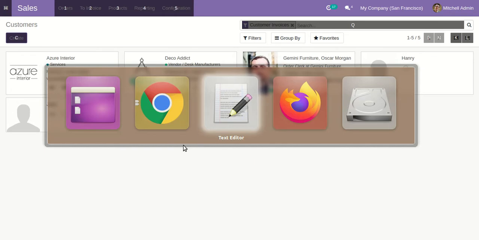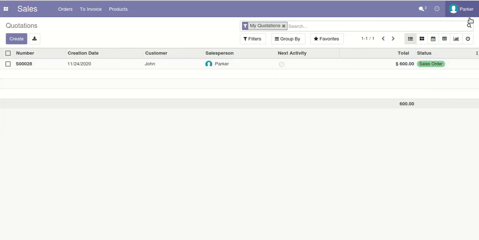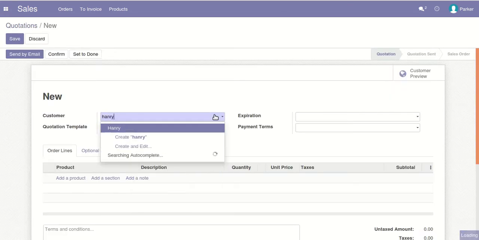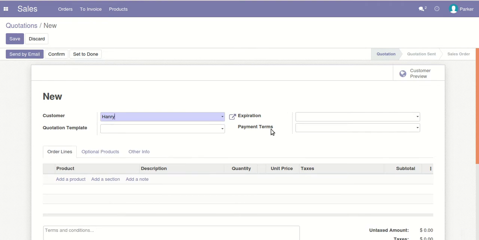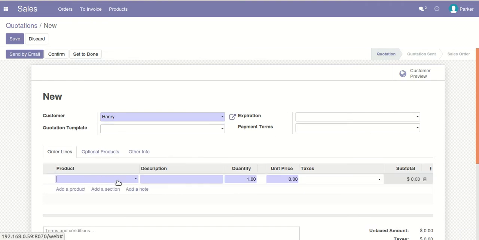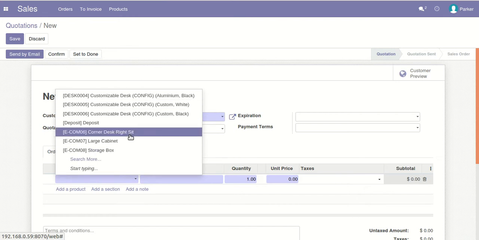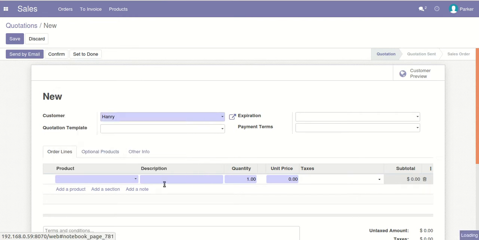I will go to another window. As you can see, this is Parker, who is a sales user. I will generate a sales quotation for this particular customer like this. Okay, and I will take one product, suppose let's take it for only $10, like that.